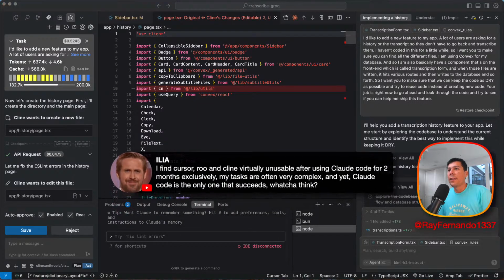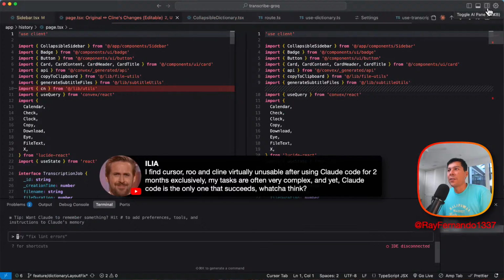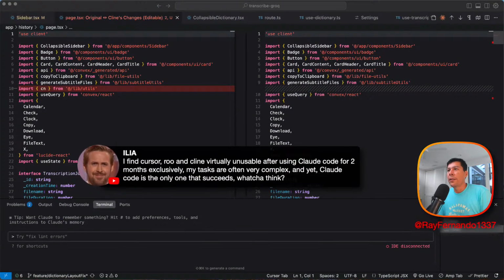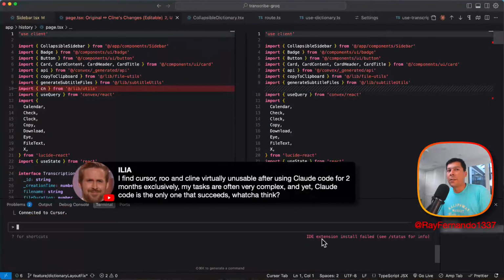So underneath Ilya, down below in the terminal, I have Claude Code loaded up. Let me just remove some of these other distractions so that we can see what we're cooking with here. You can see IDE disconnected, so I could do /IDE and then go Cursor. Now that's connected. If you ever see that, you can just do those steps to get it back.